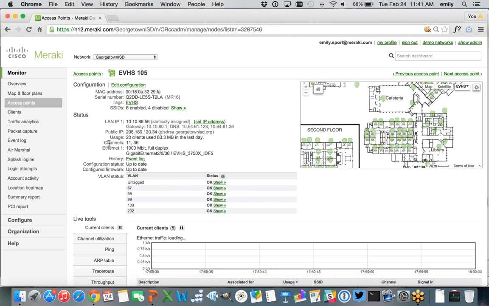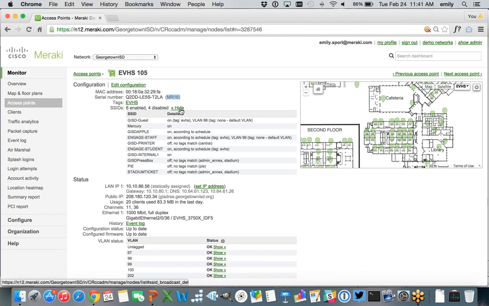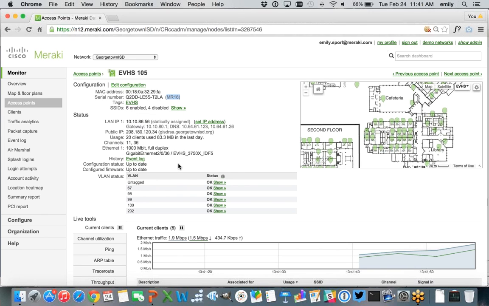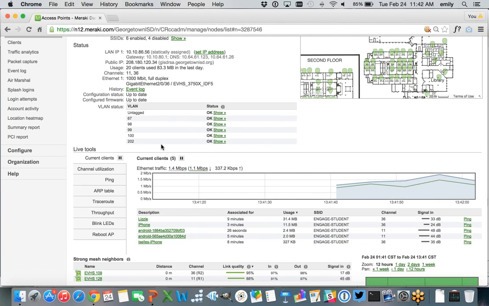So all of our equipment, whether it's an access point, a switch, a security appliance, is going to have a page similar to this, in the sense that you're going to come in and be able to log in, view the health and connectivity of the device, see what kind of device it is. In this case, because it's wireless, see which SSIDs are enabled, get information about its IP addressing and things like that. But the thing that I want to highlight is this section here on live tools. So these are the built-in diagnostic troubleshooting tools built right into the dashboard to help you view and troubleshoot and diagnose issues with your gear.